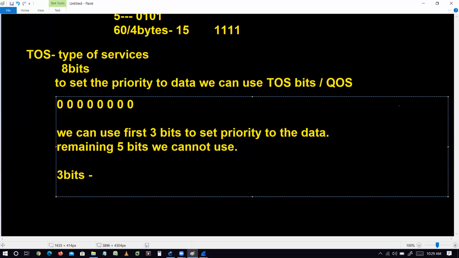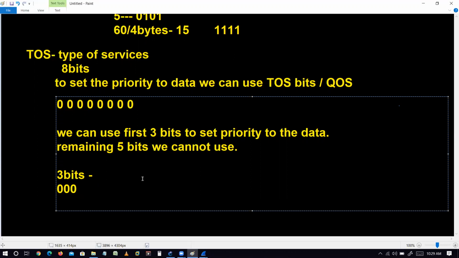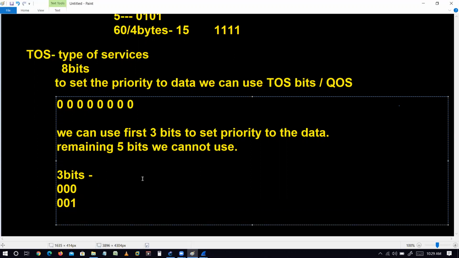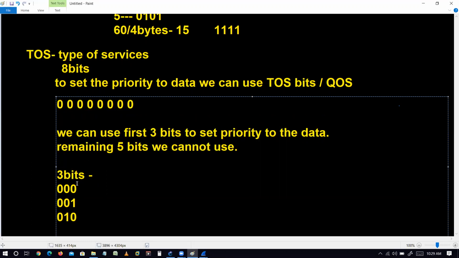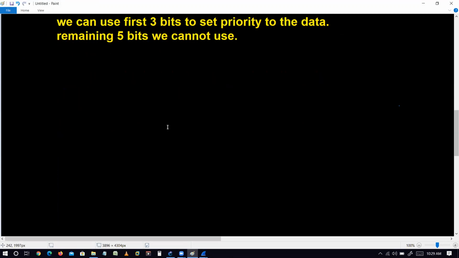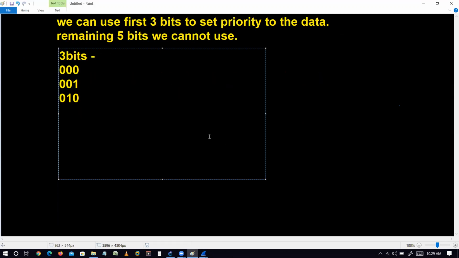Any idea? Guys, just reply to me, please. Yes or no? Okay, 8 combinations, right? The first value we can have is 000. The second value is 001. The third value is 010. The fourth value is 011.